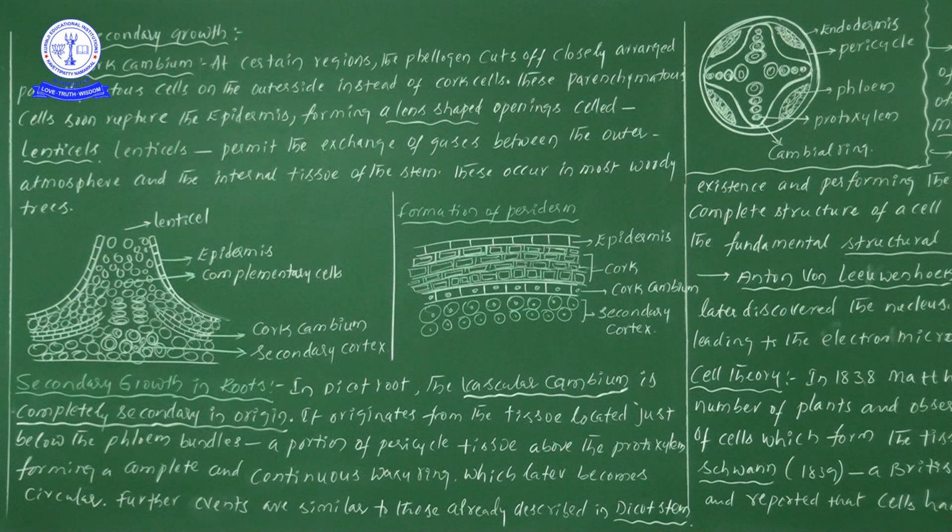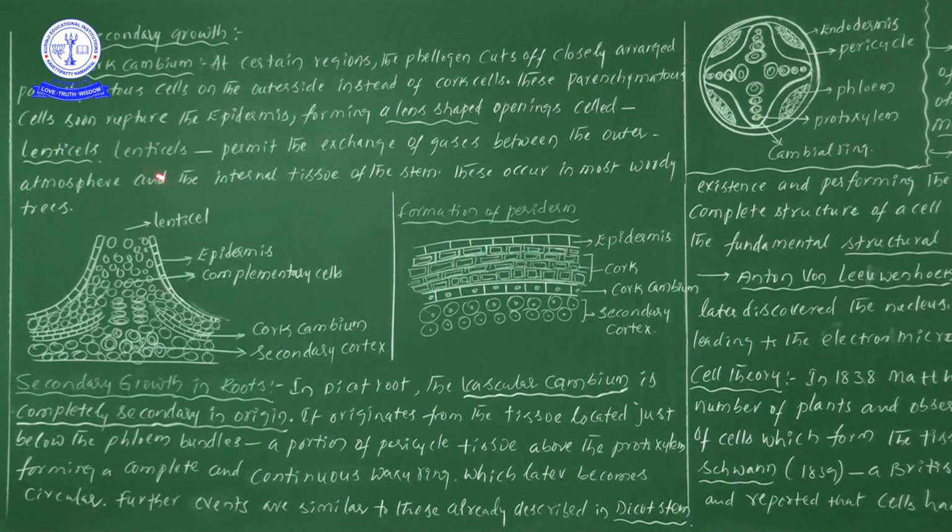All these cells are arranged like lens-shaped cells. That's why we take these as lenticels. And here we can see the presence of parenchymatous cells, complementary cells. My dear students, sometimes they ask where we can see the presence of this kind of lenticels, or the complementary cells. So complementary cells we can see, as before, in a lenticel structure.